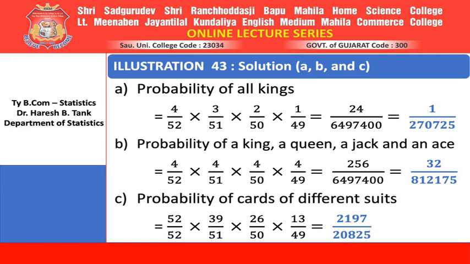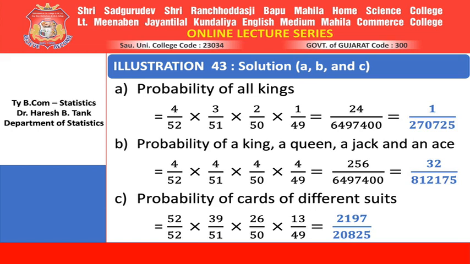The third probability which they asked is the probability of cards of different suits. First of all, 52 cards are there. The first card is to be selected. Let us suppose any of the suits. Total number of cards which we have are 52. So it comes to 52 by 52, right? Once the second card is to be selected, that suit is to be deducted from it. Every suit will have 13 cards. So those 13 cards are to be deducted. Now what we have is 39 cards.